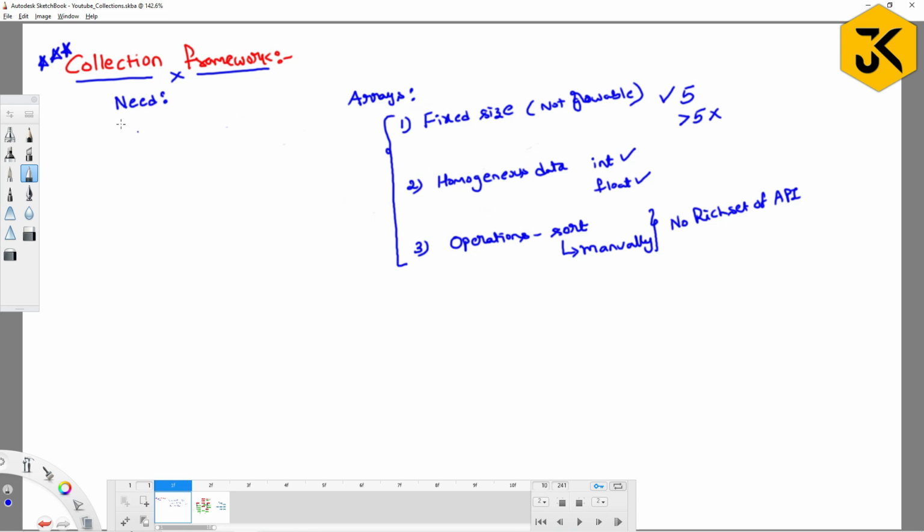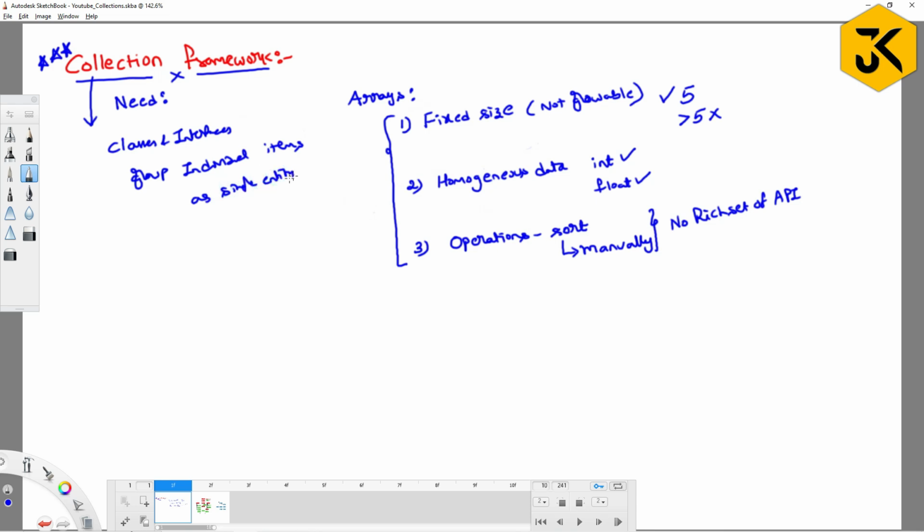Okay, so hope you understood clearly. Then what is the meaning of collection framework? Guys, it's a collection of classes and interfaces which is used to group individual items as a single entity.